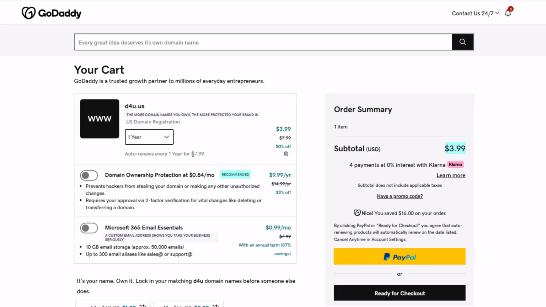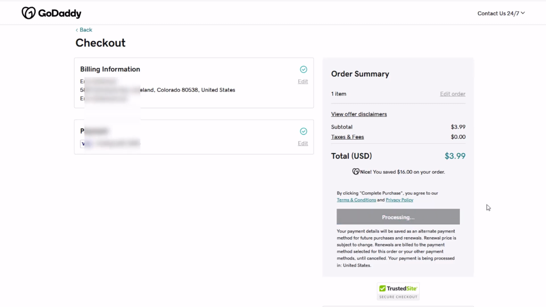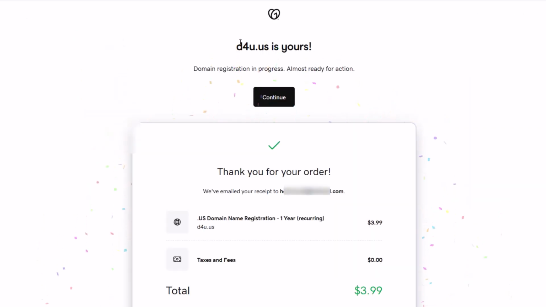$3.99. And then when it renews, only $7.99 per year. I'm going to go ahead and complete that purchase. All right, d4u.us is mine. And again, as I've just demonstrated, there are dozens and dozens, hundreds probably, of available 3-character domains with short 2-character